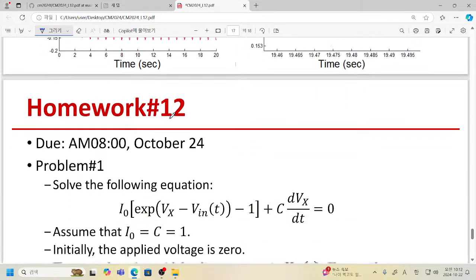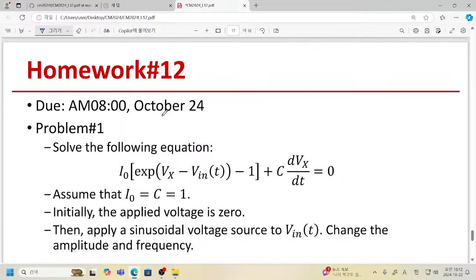Okay, so now let's wrap up today's lecture. Today I have explained about time transient. The model system was just a simple RC